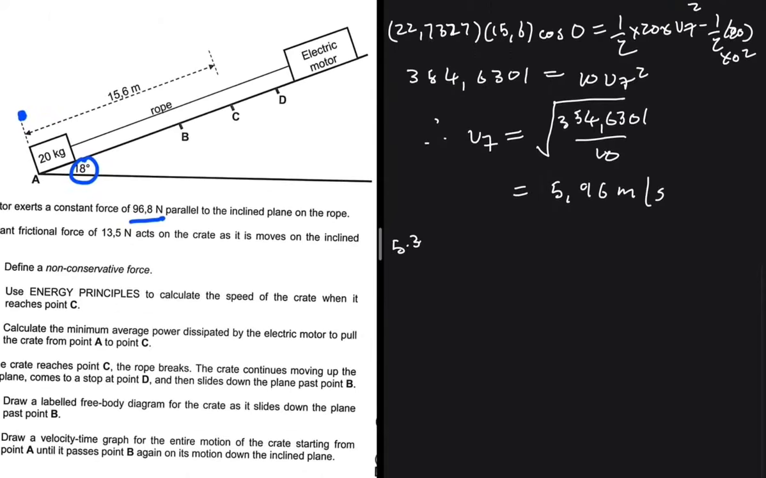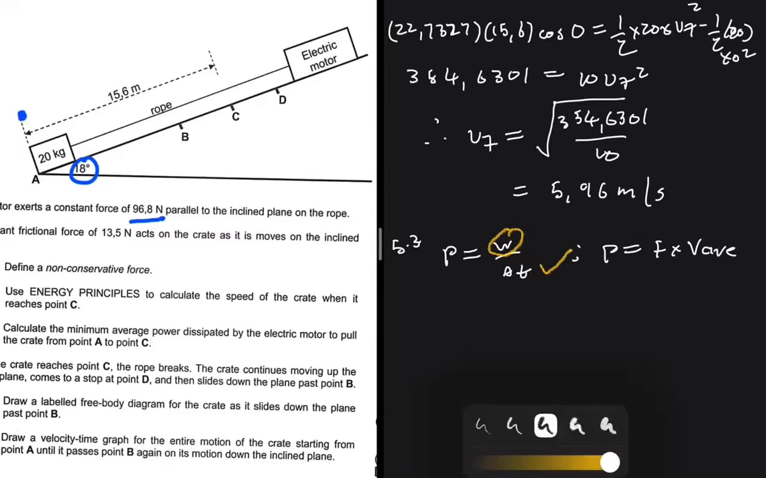So if we want to find the power, we can use the work divided by the time, or we can use the force multiplied by the average velocity. We don't have the time as it is. Maybe we can try to calculate the work, but we don't have the time. But if you look at the other formula, we have the force that is exerted by our electric